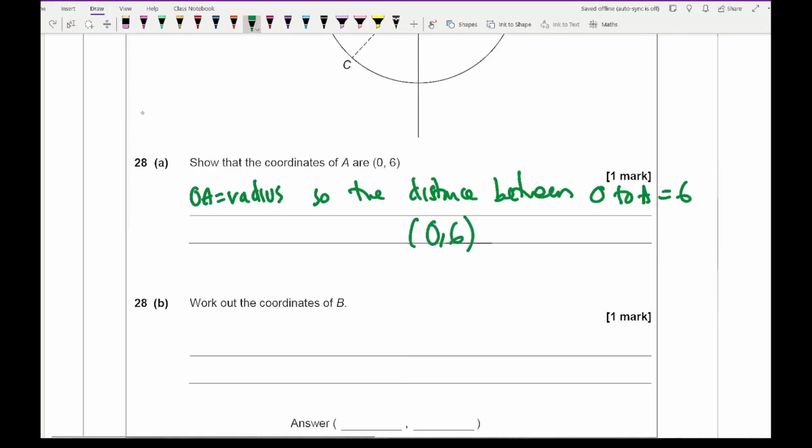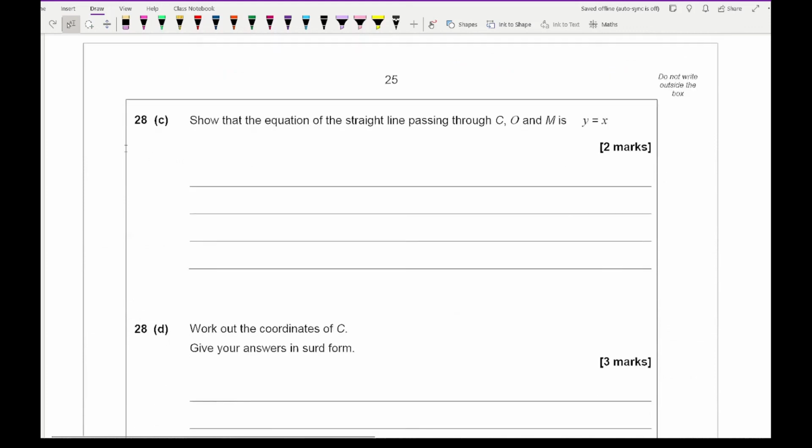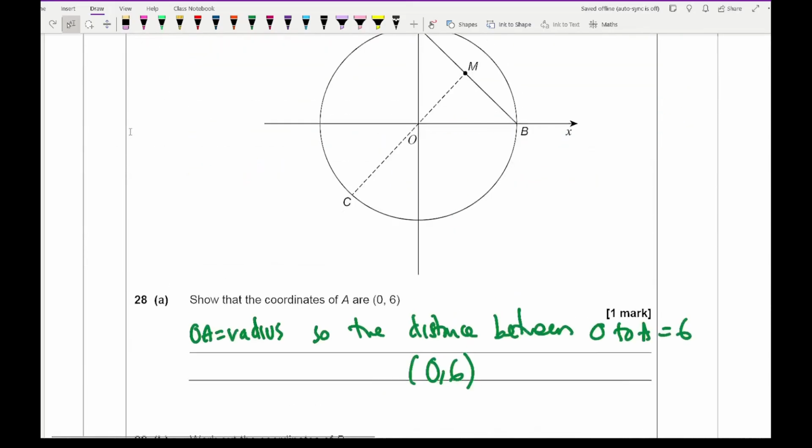Now work out B, well that's going to be virtually the same, so that's going to be 6, 0, just with the other way around. Now the next question then says, show that the equation of the straight line passing through C, O, M is y equals x. Now for this one, what we need to do first is